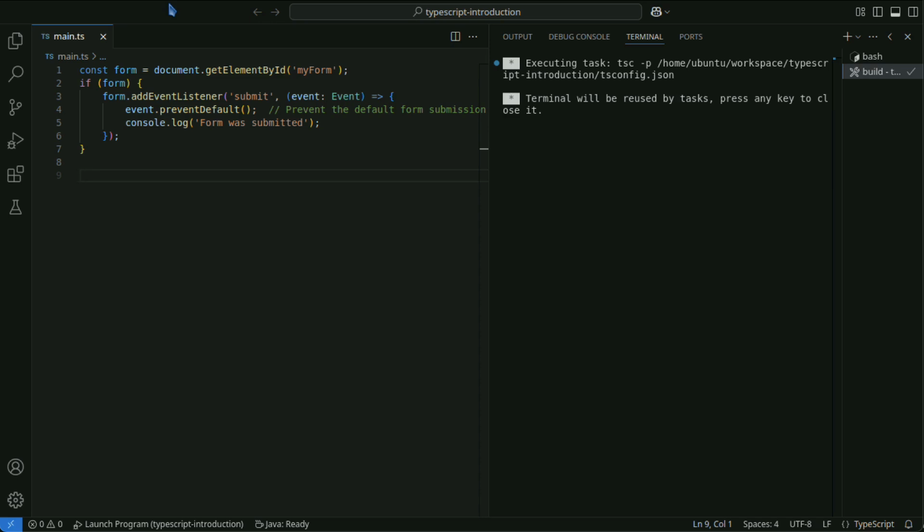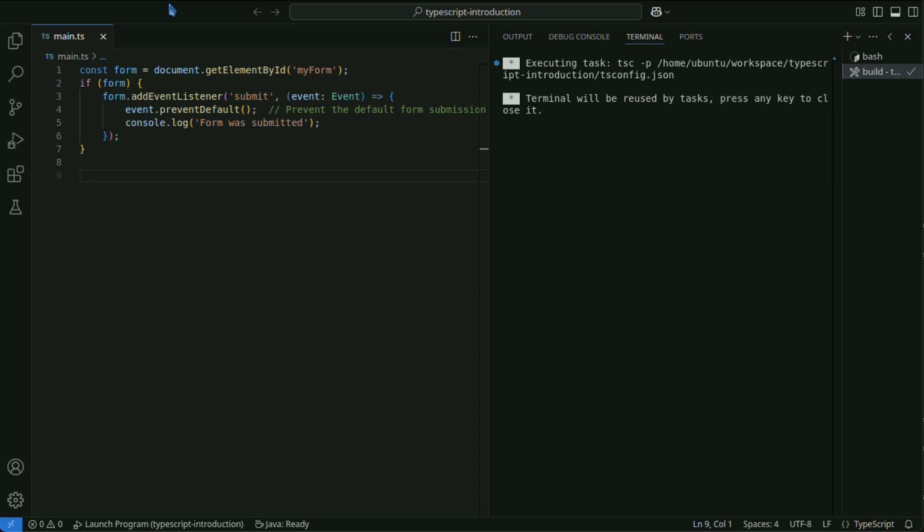This code detects the form submit event, prevents the default submit action, and outputs a message to the console instead. MouseEvent is an event type related to mouse actions such as clicks and mouse movement.